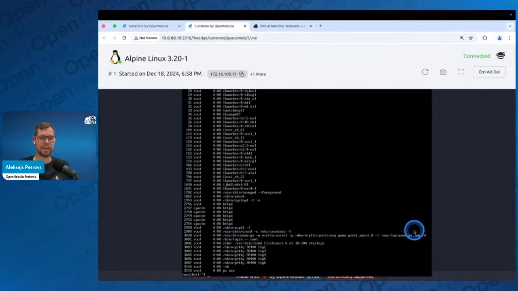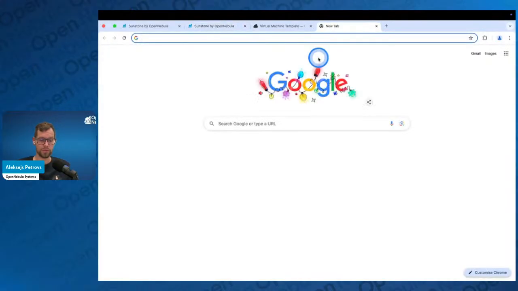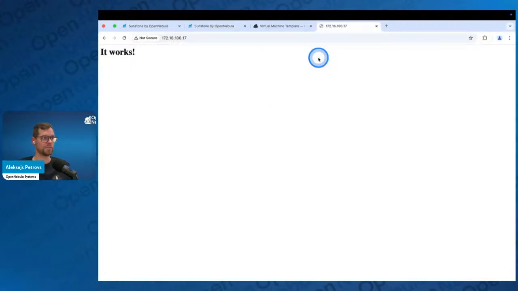And we also can see that the HTTPD is running, right? So again, it depends how you're configured. You may also be able to reach that virtual machine if your network is configured to route your traffic properly. So as you can see, we get the it works, which basically means that it's reachable. And also, it was a clean image of Alpine Linux. Nothing was installed there other than the OpenNebula's context variables and contextualization package, and I was able to install